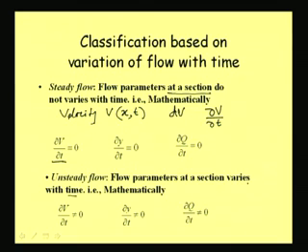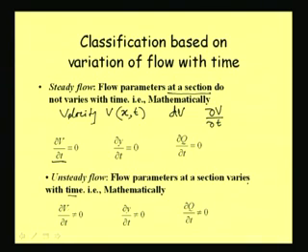That means, at a particular section when we are observing a flow, we find that at one time we have some depth, at the next time we might have some other depth. So mathematically we can write that del V del T is not equal to 0, and del Y del T is not equal to 0, or del Q del T is not equal to 0,